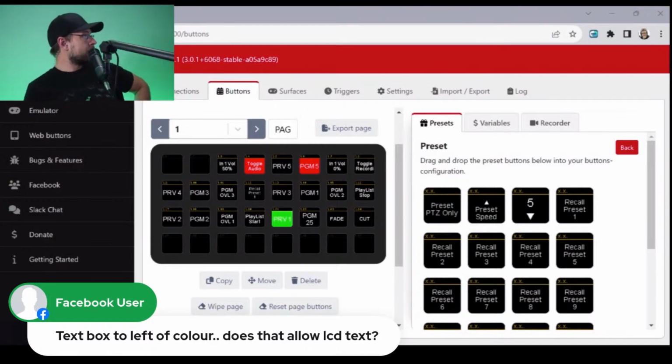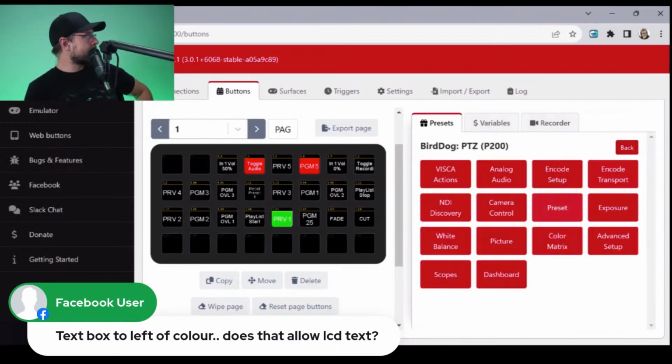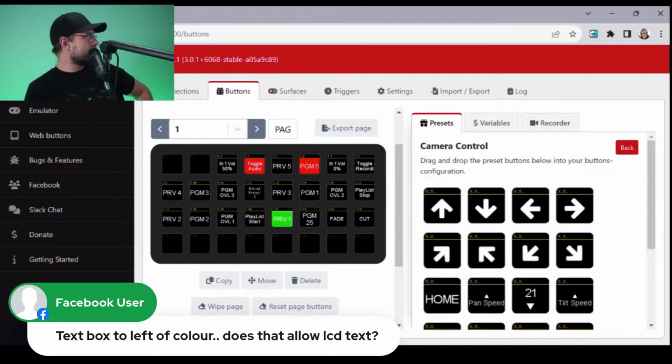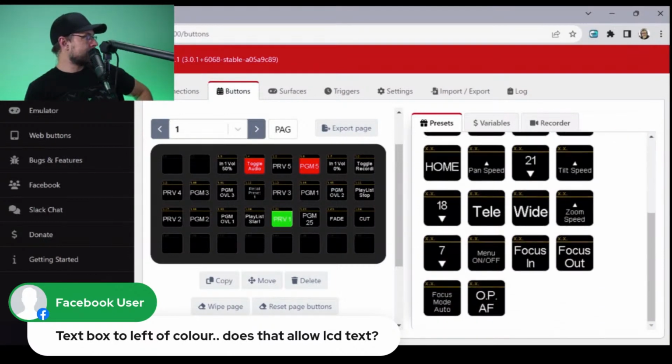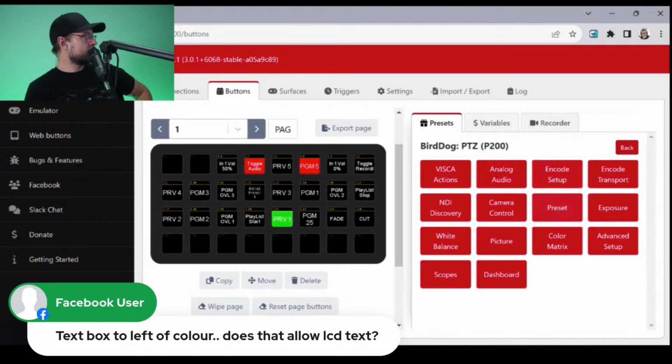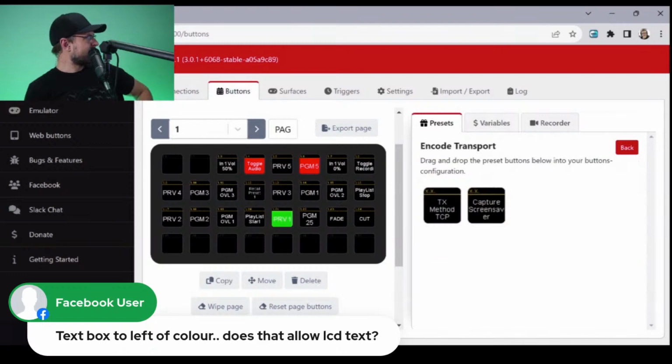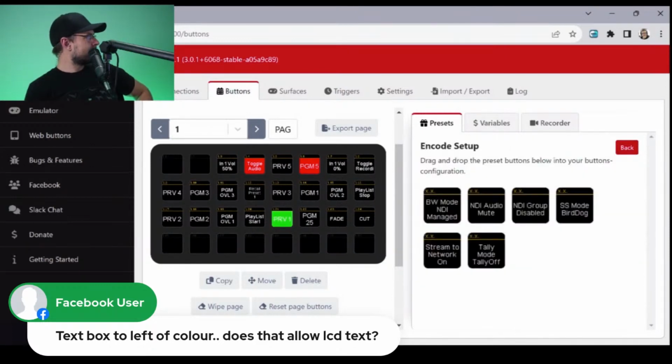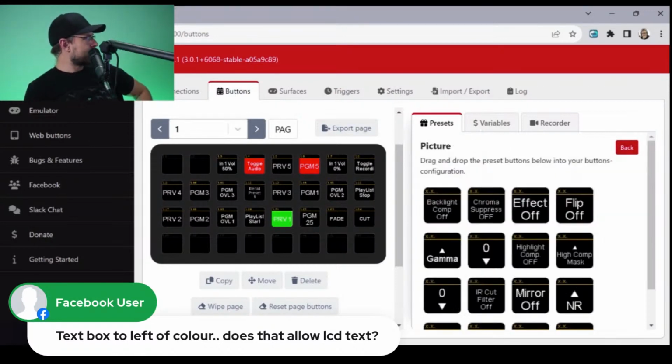You can also set it up, though. Like there's a whole bunch of stuff in here. So we could set it up to do camera control, which means that you can go up, down, left, right, all of that. And that's pretty helpful. Or to do zoom, to do focus. Yeah, all of that. So it's super handy to have all this in here. Encode transport. Wow, really? These are buttons? You can program these things? Why would you want to do all that? This is very specific stuff.